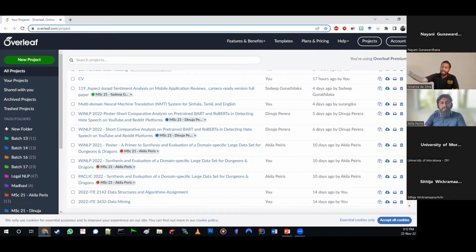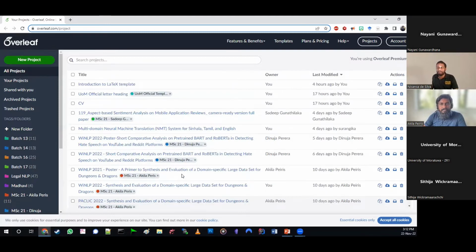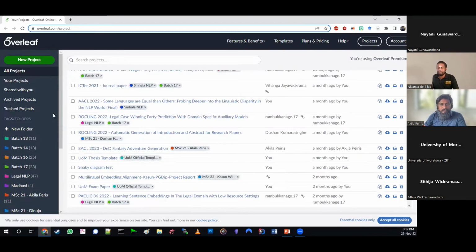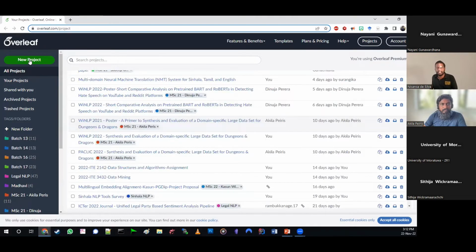So what I have on the screen right now is my Overleaf dashboard. As you can see, there are many projects that I am writing on Overleaf, and let's start a new project. So I am going to start a blank project over here.